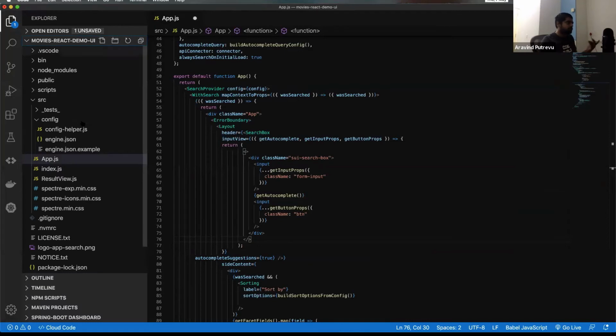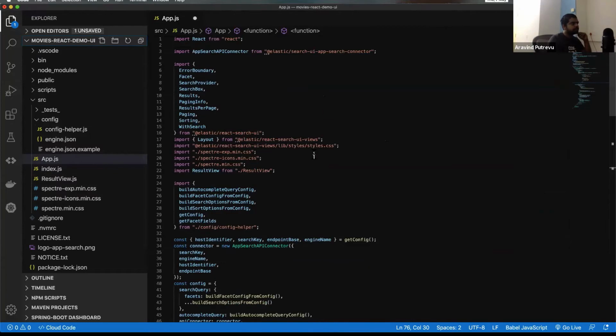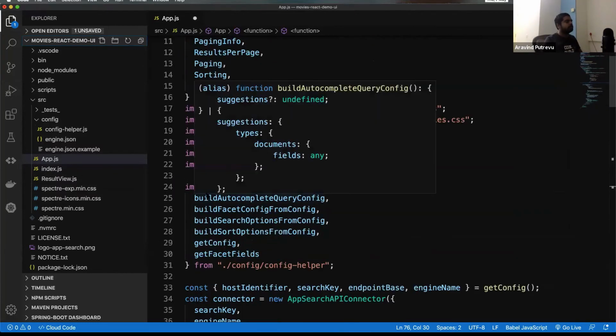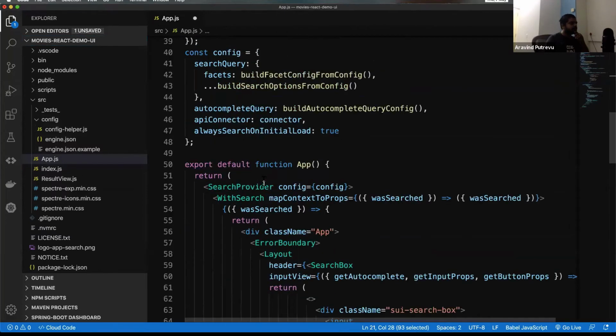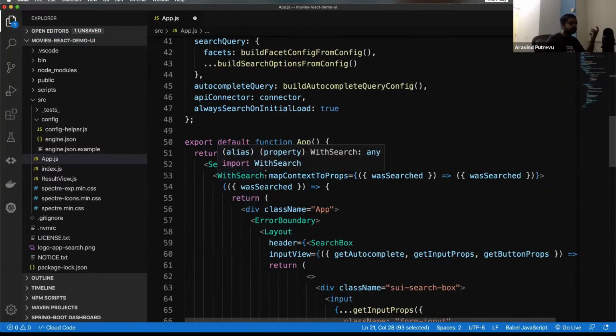So this is the same movies React demo. I just have this app. What I've done is I have included a CSS, say I've downloaded a specific CSS framework, and I've included that. And I've just changed the UI a bit, very little, and the format of how it looks.